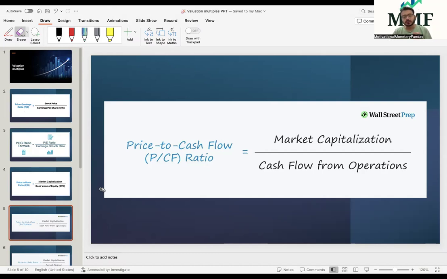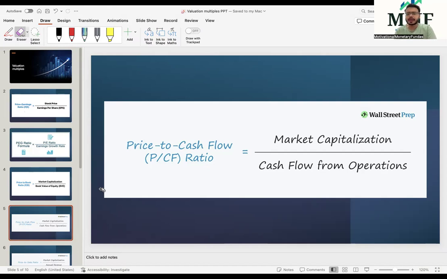cash flow ratio because different companies will be having a different cash generating appetite. Not every company will be generating cash flows based upon their business model or the type of industry in which they operate. And hence, you cannot use price to cash flow at the index level. But again, this ratio or this metric is very important, being ignored in most of the cases. Again, this ratio or this multiple can be used specifically for a specific set of industries only and not for all the industries per se, right?